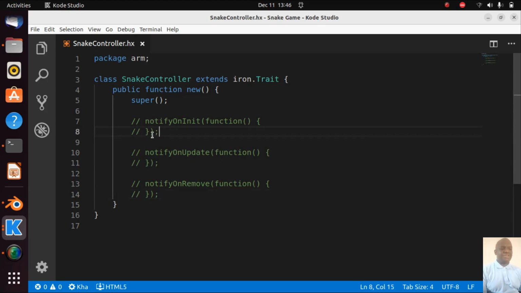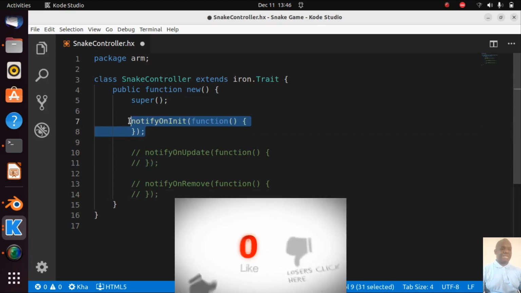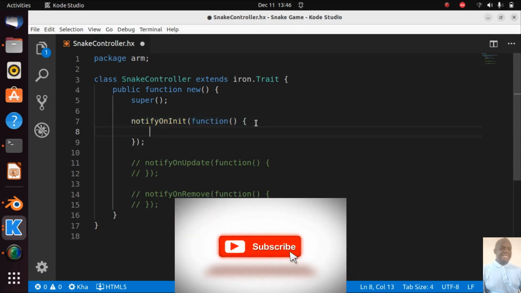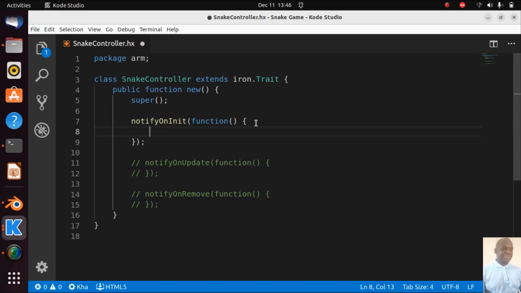So we want the notifyOnInit because I want it to just spawn the snake head. So I'm going to go in and uncomment this. And now it's time to add some scripting. Let's get our hands dirty with some code. So we want to spawn. The way to do it in Armory is to go iron.Scene. We call the Scene.active. So we are calling this scene the active scene. And then we are just going to say spawn